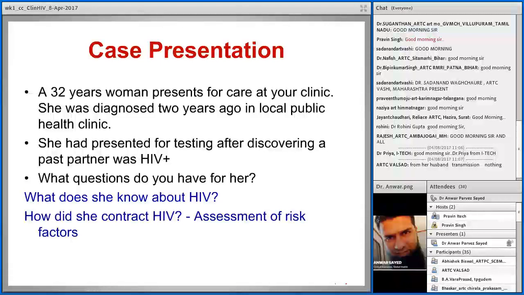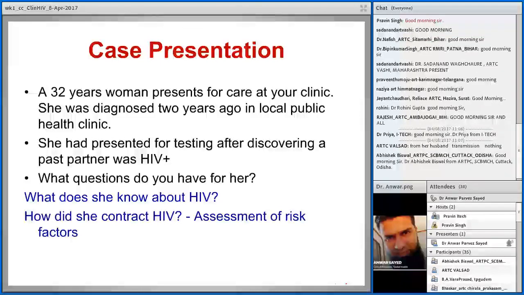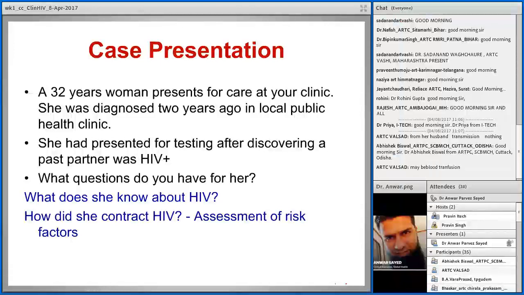And second thing is, how did she contract HIV infection? Now, this question is tricky. Most of the time, what I have observed, people who do not usually treat HIV, their curiosity is for some different reason. They just want to know how the person has acquired HIV, and there is no action after that. But unless this is linked with some action, this question doesn't really matter, because for a clinician or a physician, it doesn't matter whether a person has acquired HIV from sexual route of transmission or through injection drug use or blood transfusion. HIV positive will remain HIV positive.